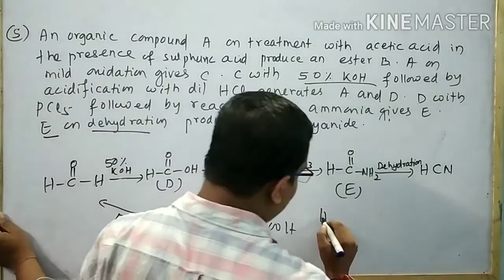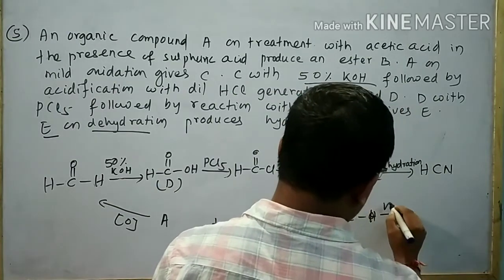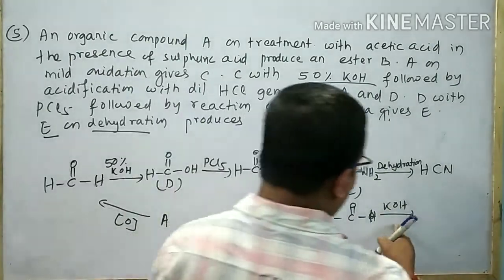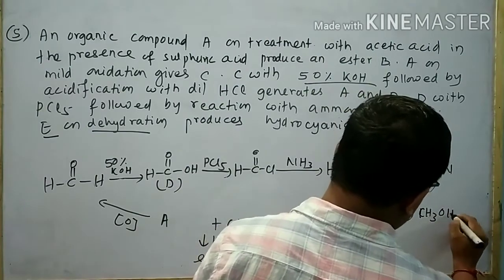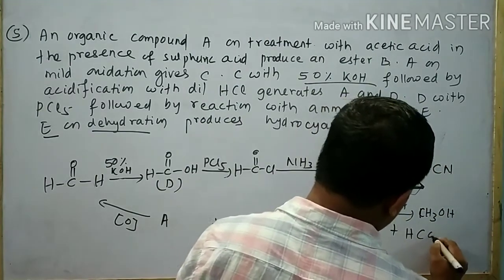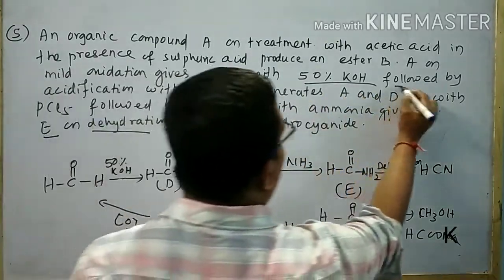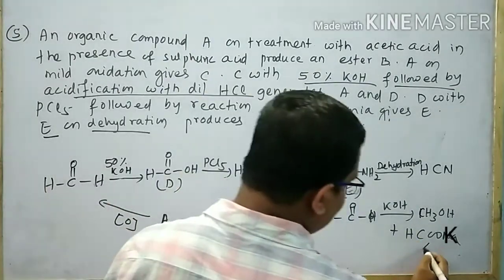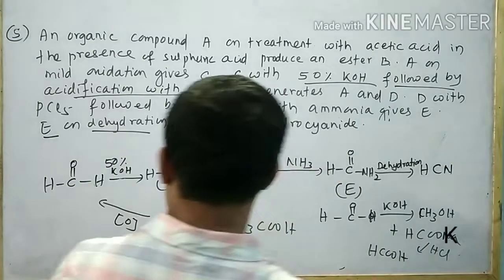Remember, when formaldehyde undergoes the Cannizzaro reaction in the presence of concentrated KOH, then CH3OH plus HCOOK is formed. Followed by acidification with dilute HCl, this product gives formic acid,